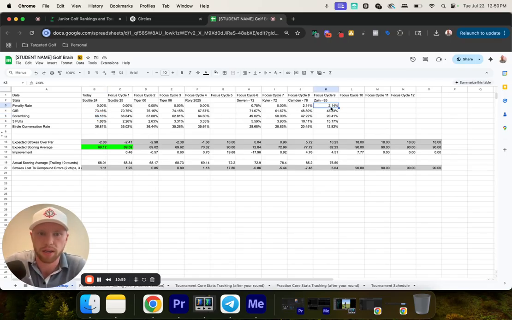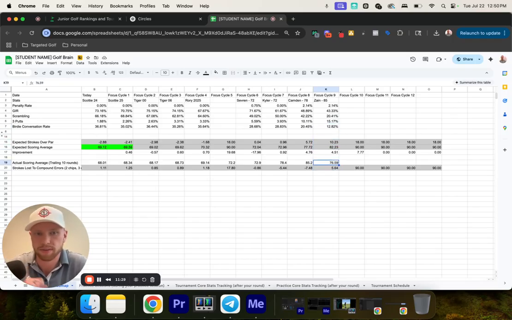Anyway, continuing on here, we've got the last player here, mid 80s. And again, we don't see a major difference in greens in regulation. It's about a 5% difference, but not too crazy. Exact same penalty rate. See about a 20% drop off in scrambling, which again indicates to me we've had a little bit less control over our golf ball. We see a 5% higher three putt rate, and we see a lower birdie conversion rate. What we'll also see though